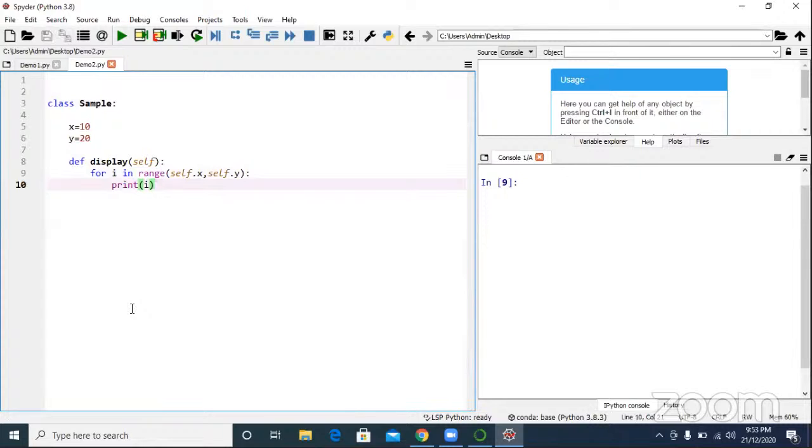Most important point: if you want to use an instance variable inside an instance method, you have to use the self keyword. Any doubt? Let me know.